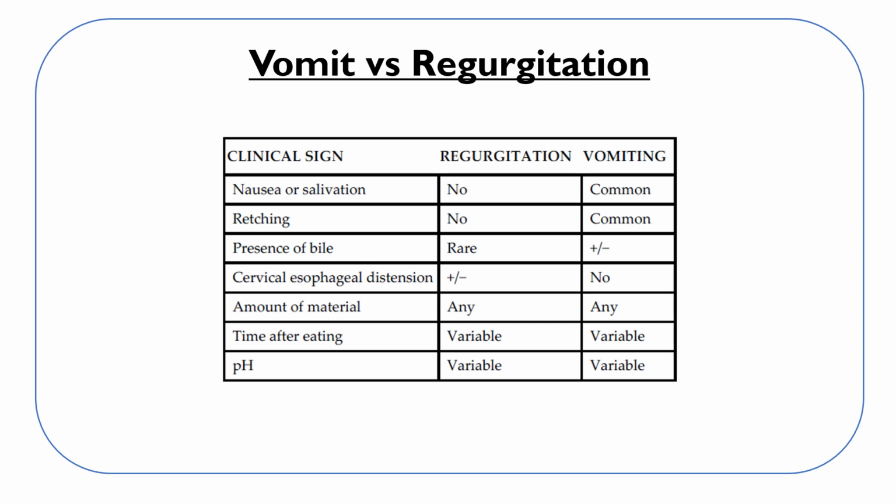That being said, the vet should ask a complete set of questions to the owner and perform a good physical examination to differentiate them. Ask the owner to describe the episode as retching, so abdominal contractions, or the presence of bile is common in vomiting. In rare cases, bile may be present in regurgitation due to reflux of bile from the stomach into the esophagus